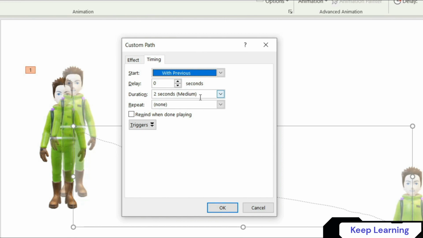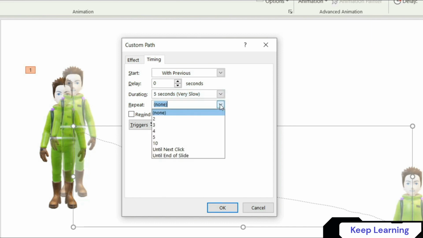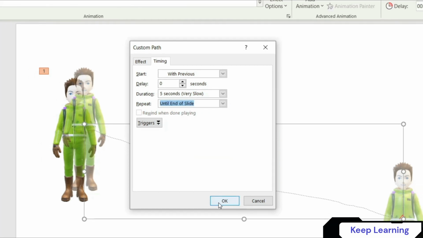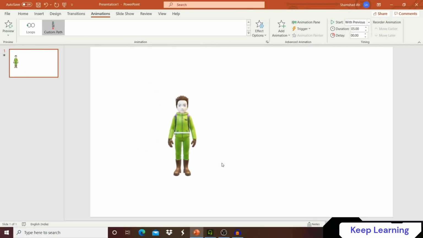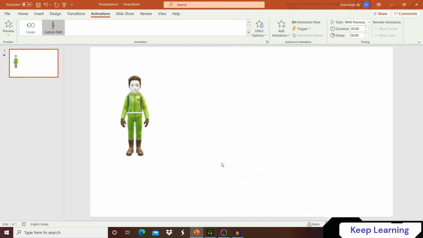You can set the duration between A to B, and we have different options available like very fast, medium, slow, very slow, and extremely slow. For this tutorial, I'm gonna select very slow, 5 seconds around, and repeat until end of the slide. Click OK. Now you will see it's transitioning from place A to place B very slowly, and to some extent